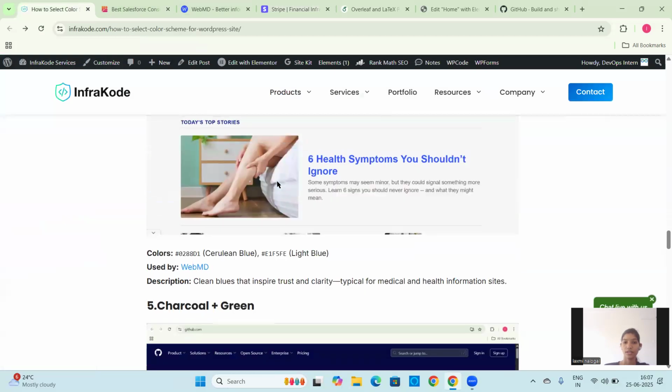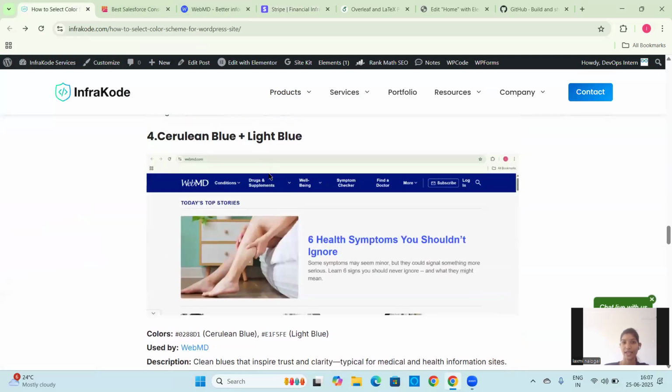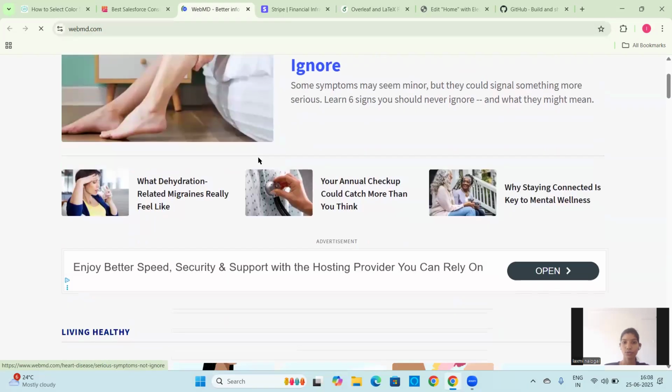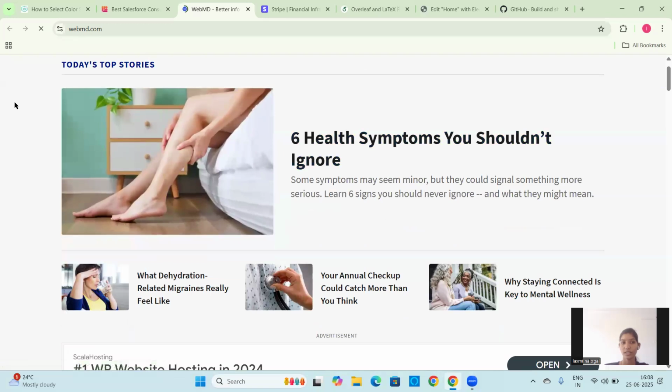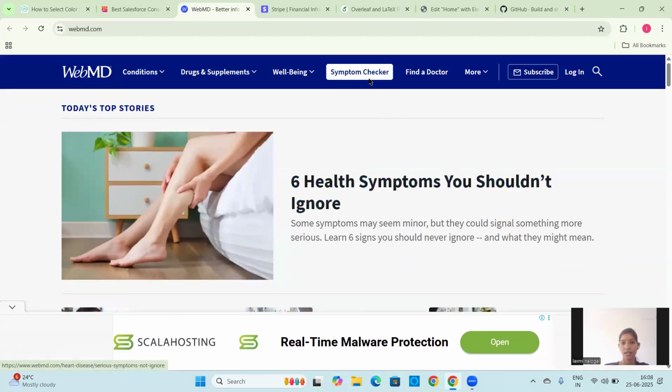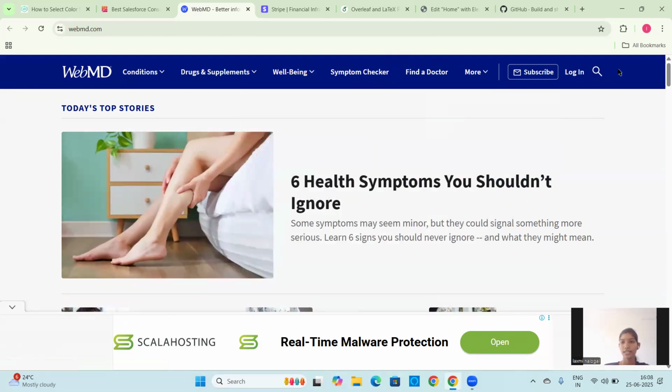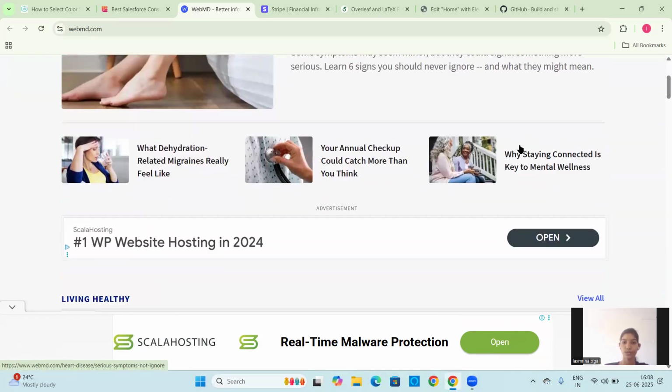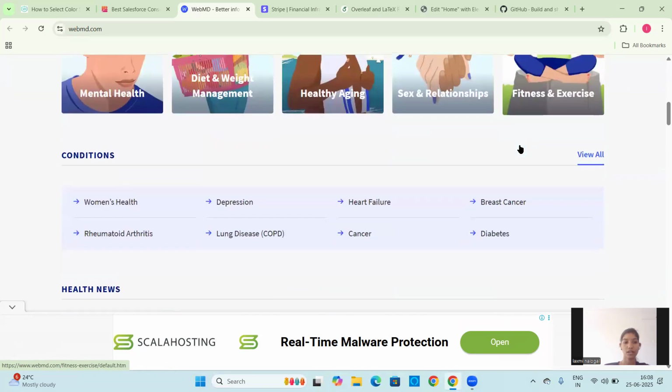Now for hospital websites, it displays a color combination with decent colors. So this is the site. Here you can see for the background they apply gray, and for the heading they also display dark blue. So they use a minimal color combination.